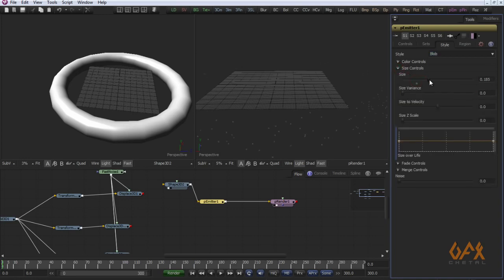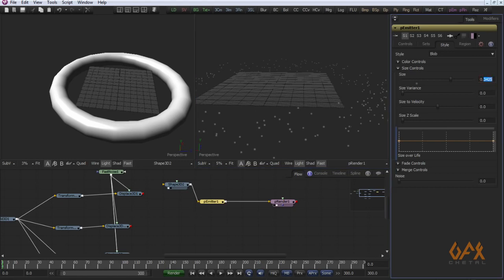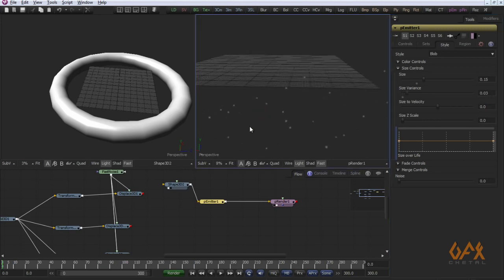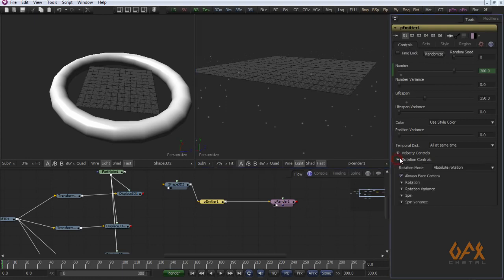I increase the size of blob as well as set some variations, for example 1.15, 0.03 in size variations. Okay, right now your blob faces the camera. So to avoid this, I go to control, rotation control, and I deselect this always face camera. So now see,